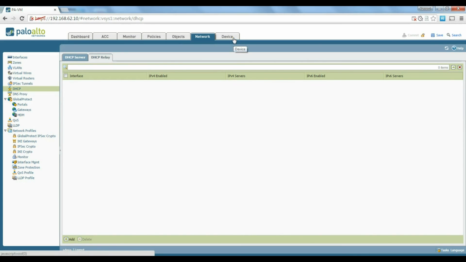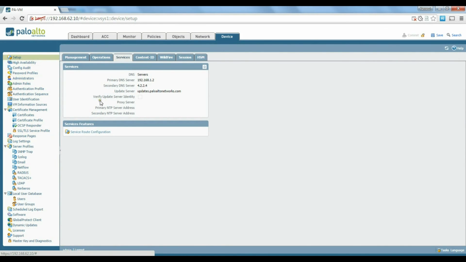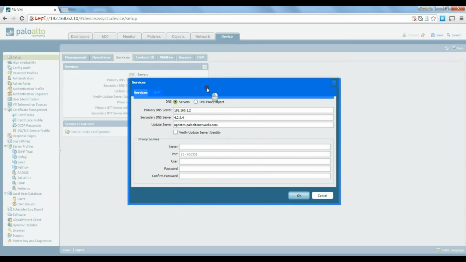In our particular case, we're using our Active Directory, the internal DNS server, as a DNS server. So we need to set up the IP address of that as your main DNS server. As you can see, I've already done that, but just to show you,